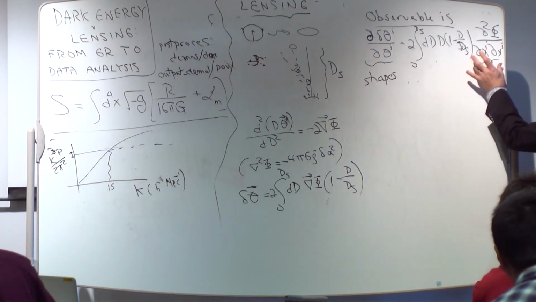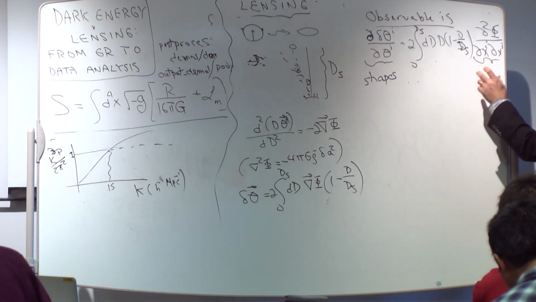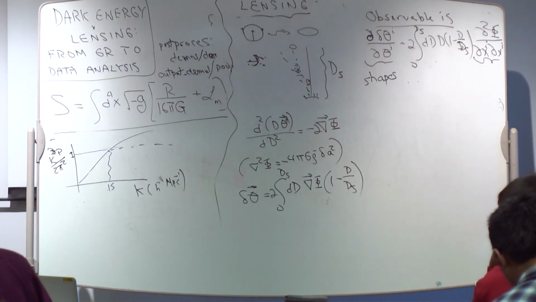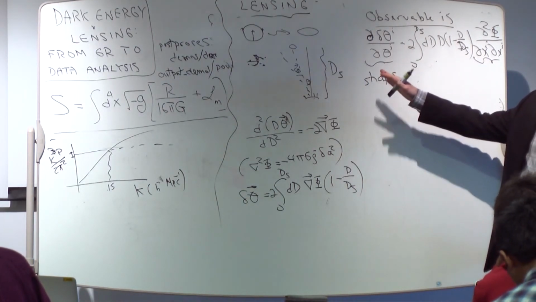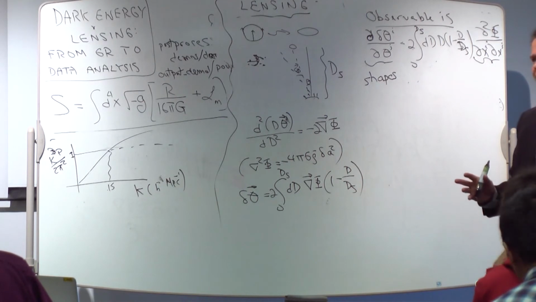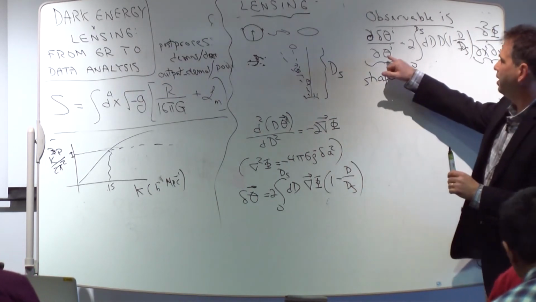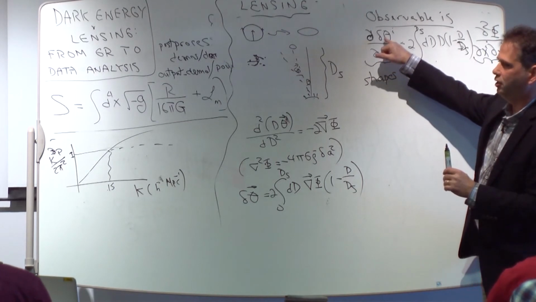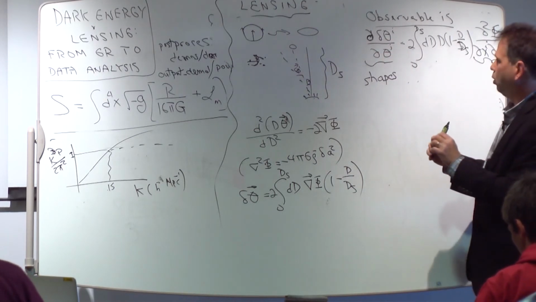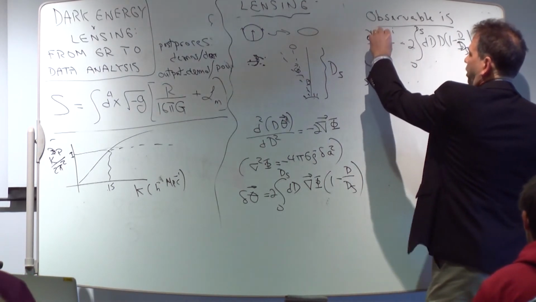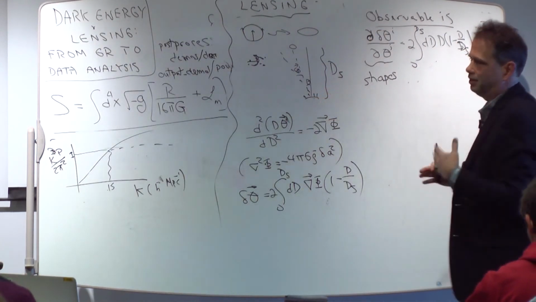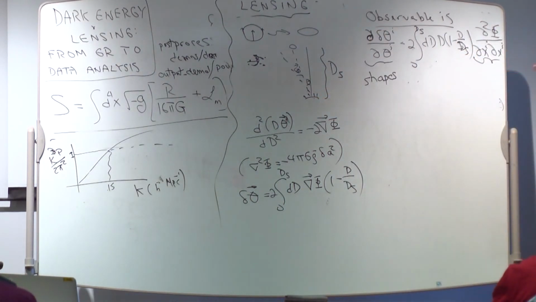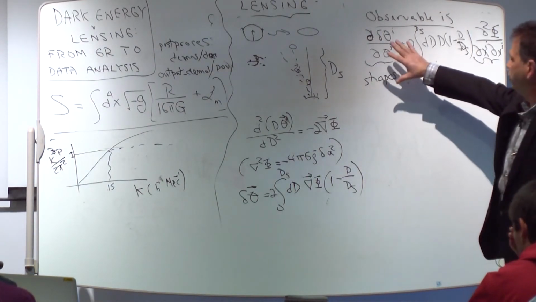This is called the distortion matrix. So in strong lensing, there are places where the determinant of this 2 by 2 matrix vanishes. And that corresponds to very weird things, because what does that mean? That means as you change this thing by a lot, this thing just changes by a little bit. Or vice versa, if you change this thing by a little bit, the images change by a lot. So this matrix, this equation describes everything in lensing, strong and weak lensing. Okay, so this is the observable.